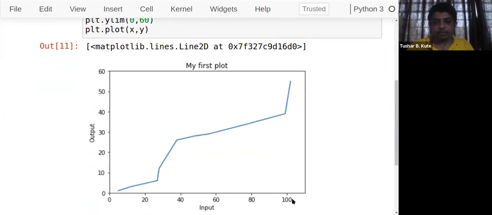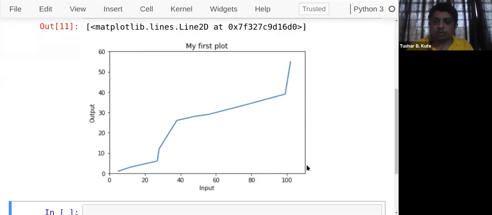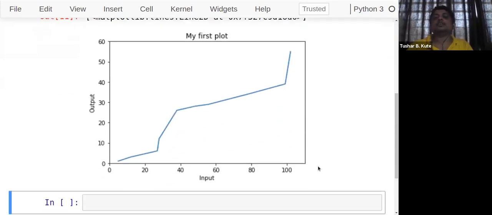0 to 100, and above that is also the 110. You can see it's not mentioned over here because it's not in the range of 20, so it's not shown. So 20, 40, 60, 80 and 100, and 110 is given at the end, and from here 0 to 60 are mentioned. Now I even want to change these ticks. They are called ticks. 0 to 20 to 40 to 60, I don't want that. I want a difference of 10 between them.